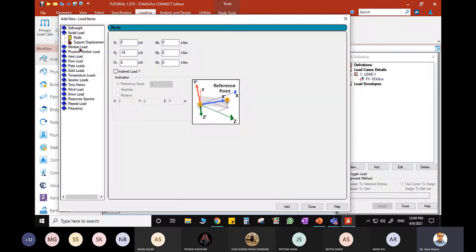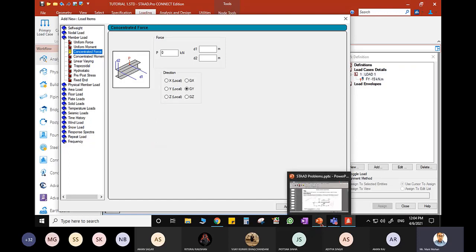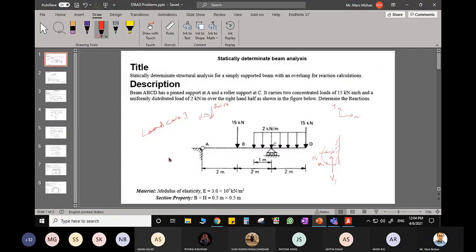Next, you had member load. Now in member load, what kind of force did you have? A concentrated force. Now we have to understand how exactly you can apply a concentrated force on a member. So let me give one example here. Say you have a member.